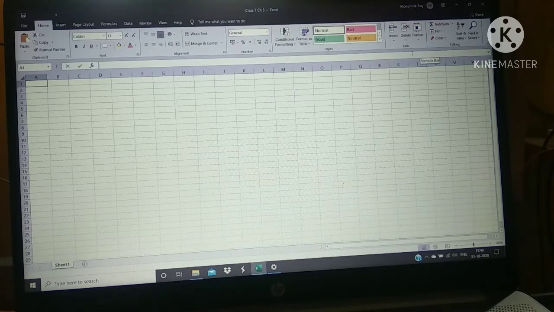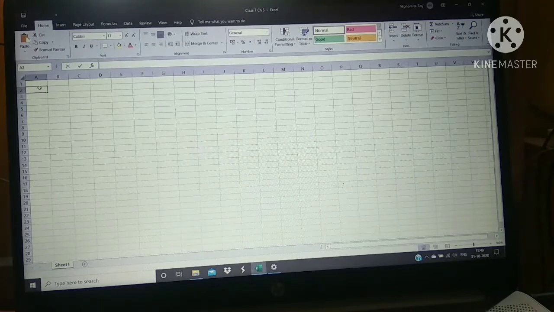As you can see, we use this bar to perform many functions in this Excel sheet. This one is called the name box. This is called the active cell. That means the cell is selected, this one is active, and presently we can write over here.